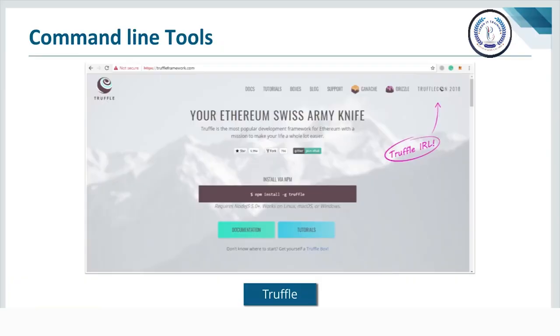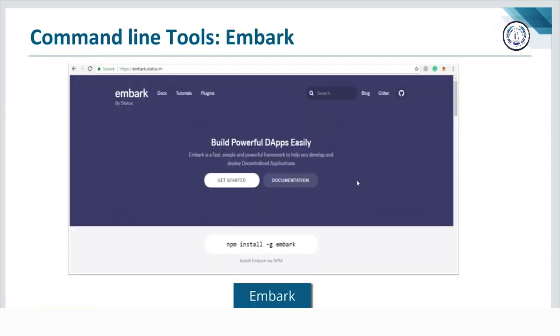Now we have Truffle. Truffle is a development environment, testing framework, and asset pipeline for Ethereum, aiming to make life as an Ethereum developer easier. Truffle provides the building blocks to quickly create, compile, deploy, and test blockchain apps. Although Truffle is considered the most suitable framework, it seems we have a second choice here too, and that